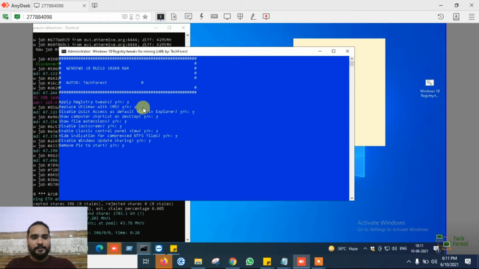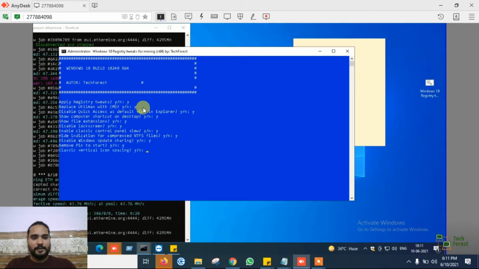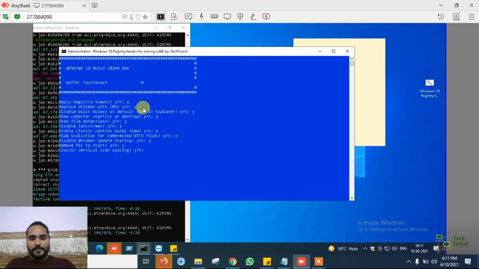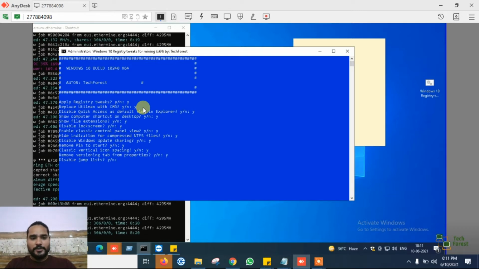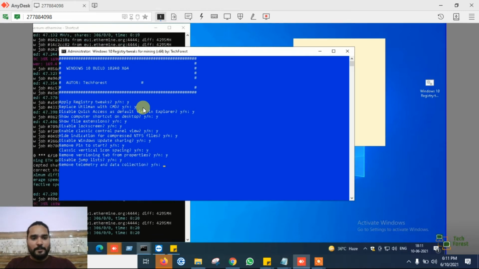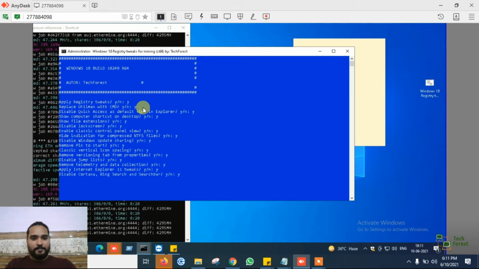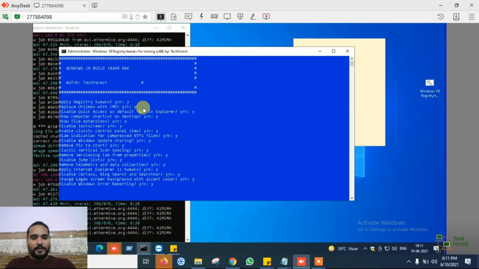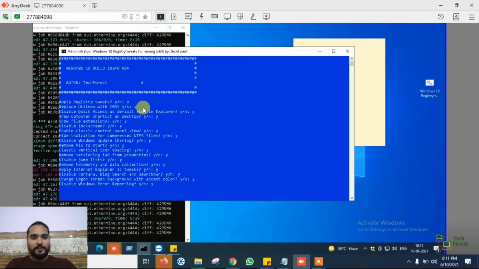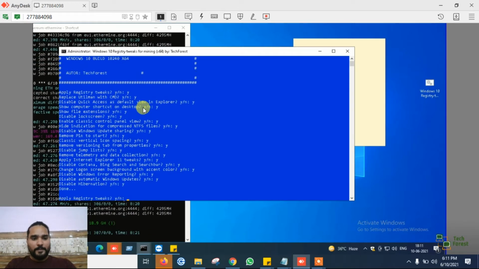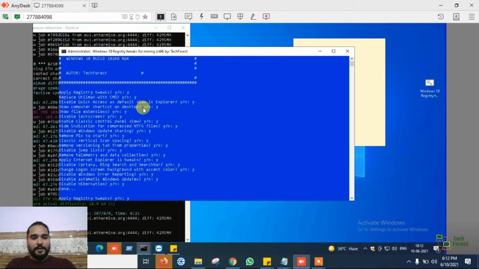Disable Windows Update. Yes. Remove pin to start. Yes. Classic vertical icon spacing. Yes. Keep pressing yes because I need all the settings which are mentioned in my mining rig. You can take your time to read all these things, but I'm familiar with it, so I'm just pressing Y. Apply registry tweak.